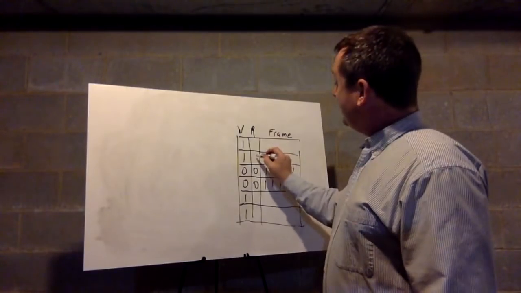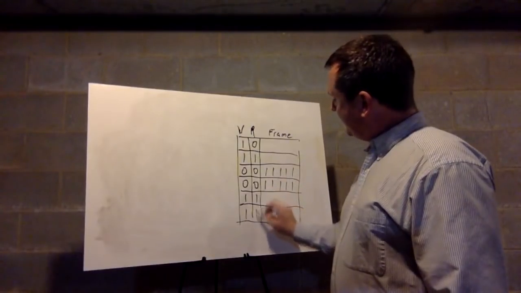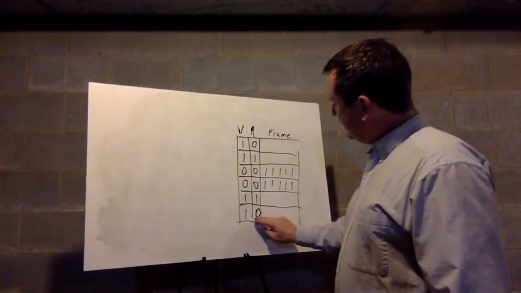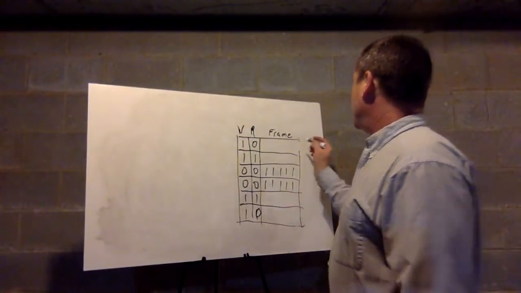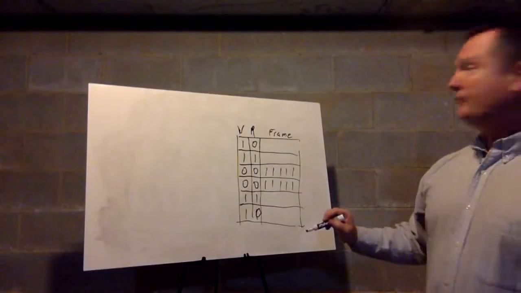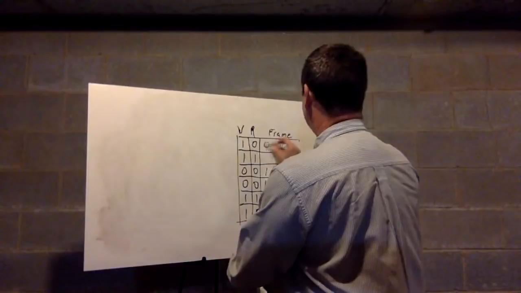All right, and then for the valid ones, I probably want some that are read-only and some that are not, since I was going to use those in the question. And then I would just make up frame numbers. You can see I pretended the frame number is 5 bits here, so I'm going to stick with that and say, well, this one is